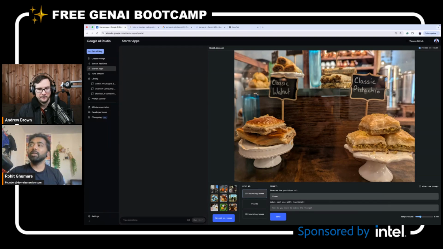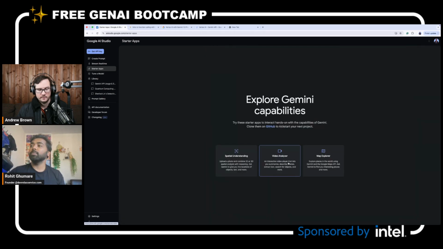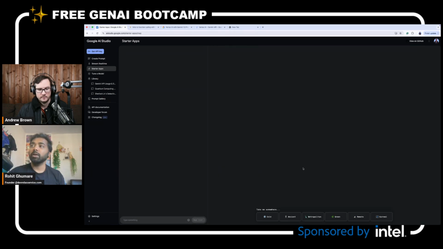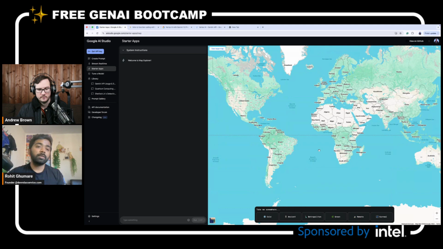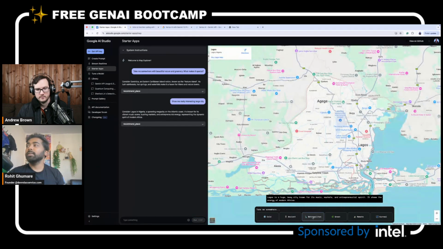You have to write the code. So this is one of the starter apps, and really amazing, I would say. Similarly, there is a video analyzer and a map explorer. This map explorer is in a way like you can try different versions of maps, and you can see which is the metropolitan version. This is just using the Google API for maps and doing different things.